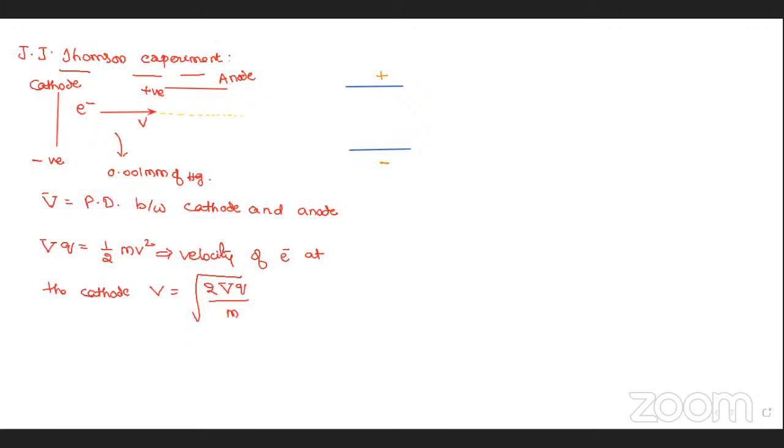Means the electric field is applied in the downward direction or upward direction? Downward direction, sir. Positive to negative, this is the direction of the electric field that I maintain. This is E. Then here, since it is not close, even though the electric field is weak, after entering into the electric field, he found some deviation like this, a small deviation.